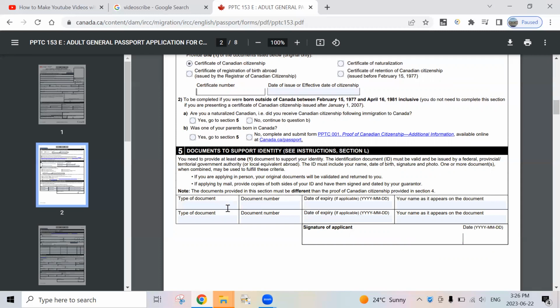So, for example, a driving license. You can use your driving license here. And if somebody doesn't have a driving license, there must be a provincial ID card or something like that. For example, in the province of British Columbia, it's the BCID. You can use the BCID. In the province of Ontario,